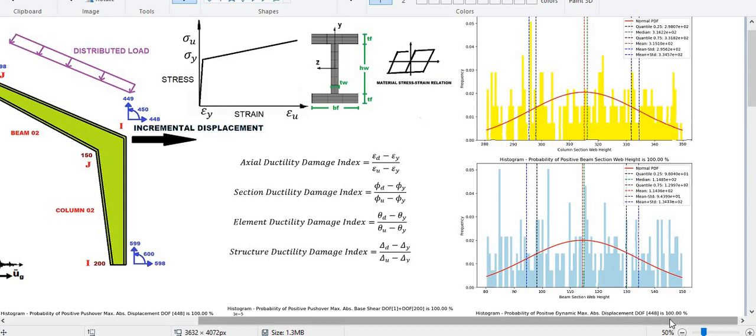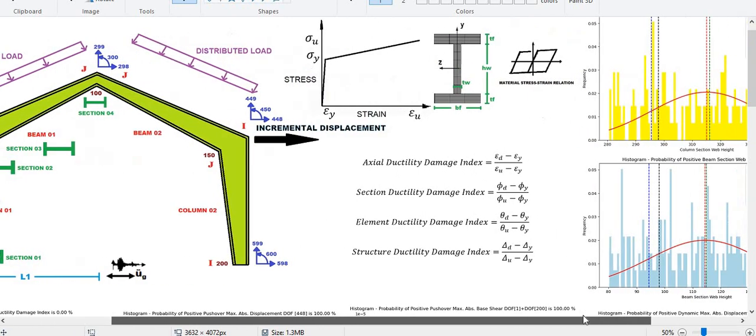So it takes so much time for these calculations, and based on this analysis we're going to calculate the structural ductility damage index. You can change your process, for example, for calculating the element damage index or section damage index. Okay, guys? If you want to calculate, for example, the section damage index, you must find the curvature of each section